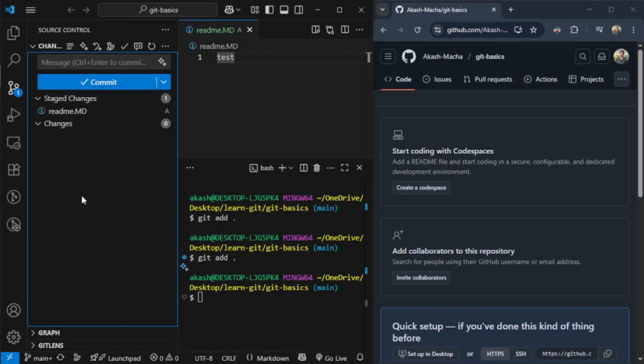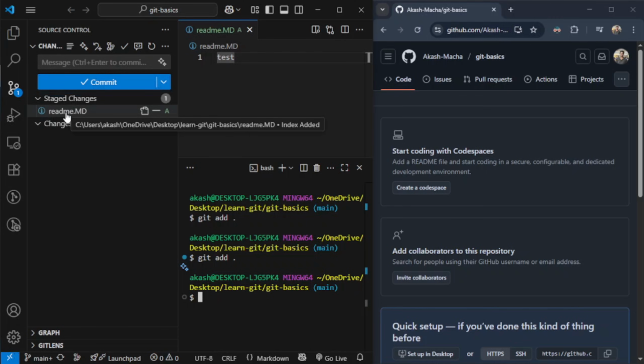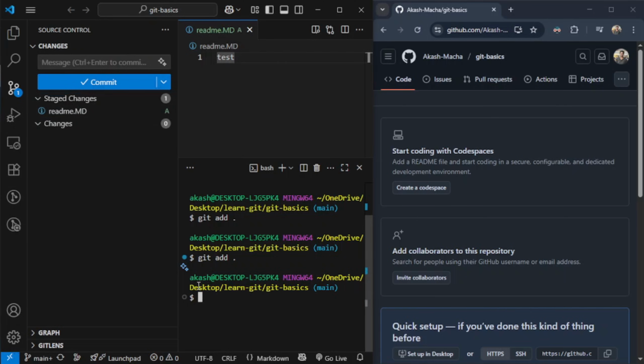So whenever we're trying to move or commit a few changes from our local repository to a remote repository, we have to first move these files into stage section and then commit them and then push them. So we have done our first step, which is adding the required files to the stage section. So at the moment we would like to add this one file. We would like to commit only this one file, and we have moved that file to the stage section, and